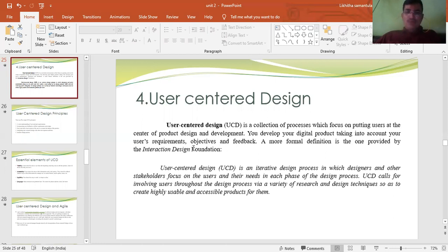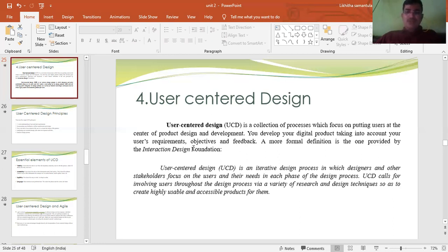A more formal definition is the one provided by the Interaction Design Foundation. User-centered design is an iterative design process in which designers and other stakeholders focus on the users and their needs in each phase of the design process.